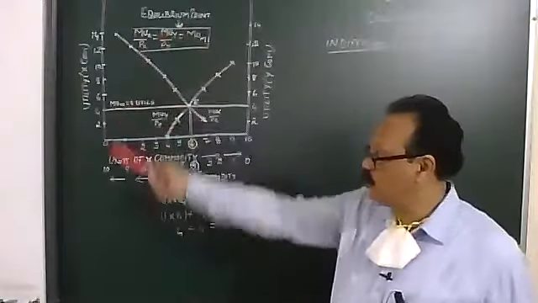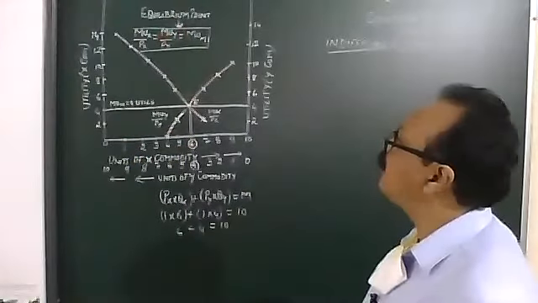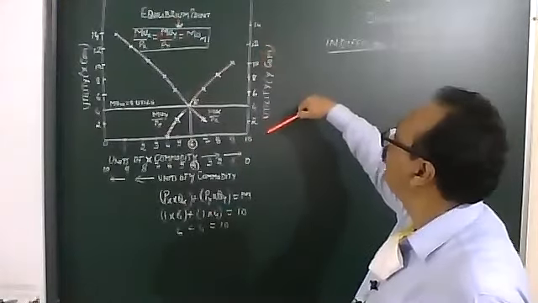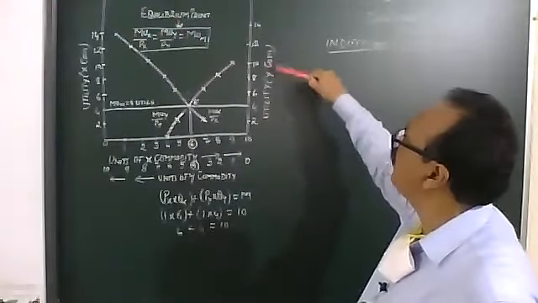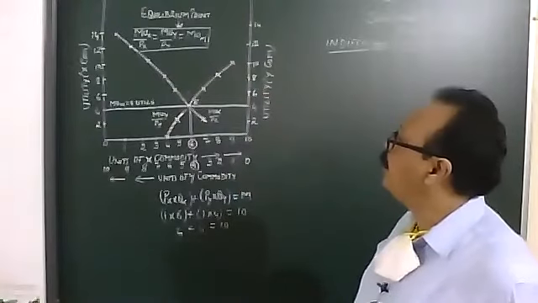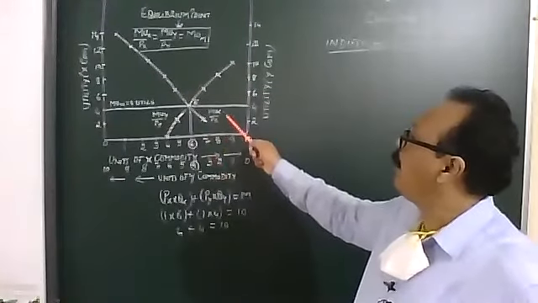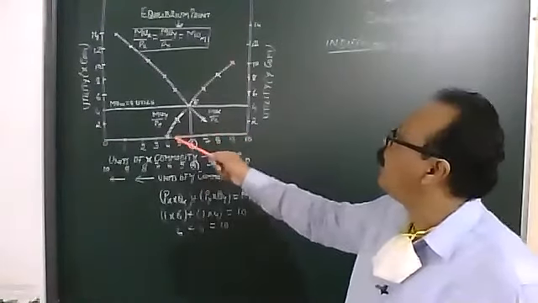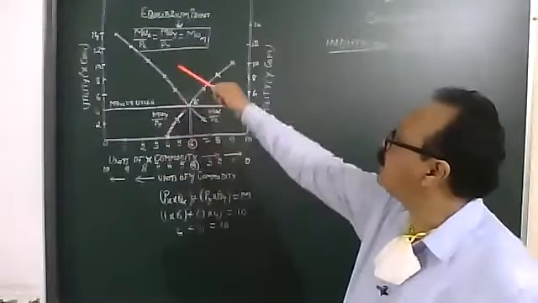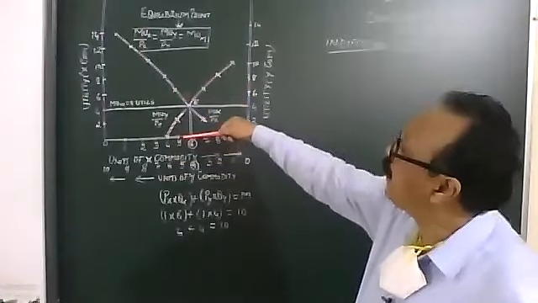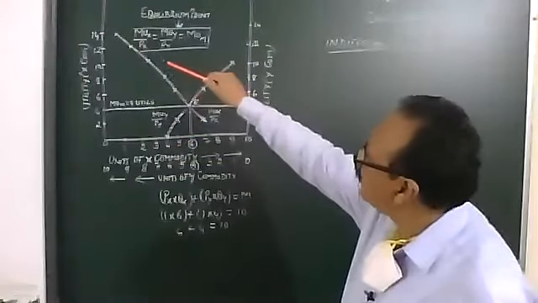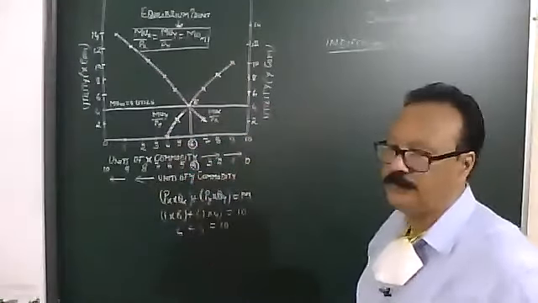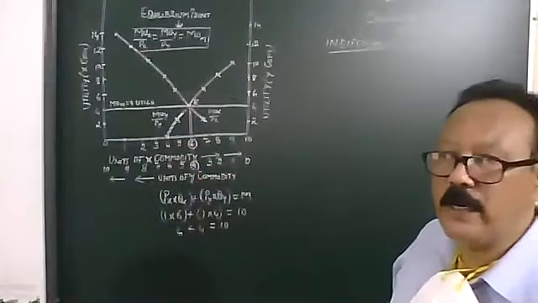Your y-axis shows you the units or the utility of the x commodity, and the y dash or y1 shows you the utility of the y commodity. You are plotting the MUX upon PX, which is in your schedule, using the units. 1 is 14, 2 is 12, 3 is 10, and so on. So you'll get a straight line. Take the scale and join the dots. You will get a straight line.